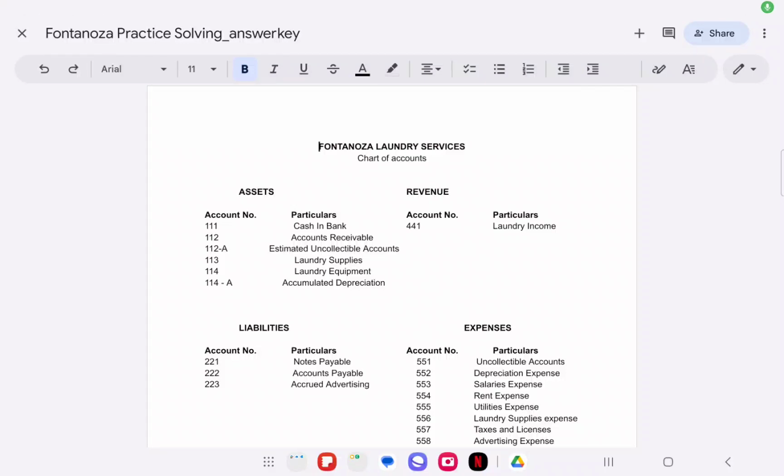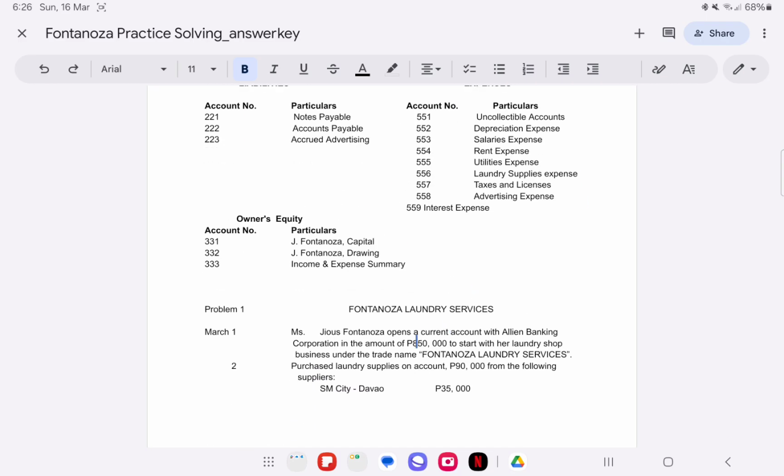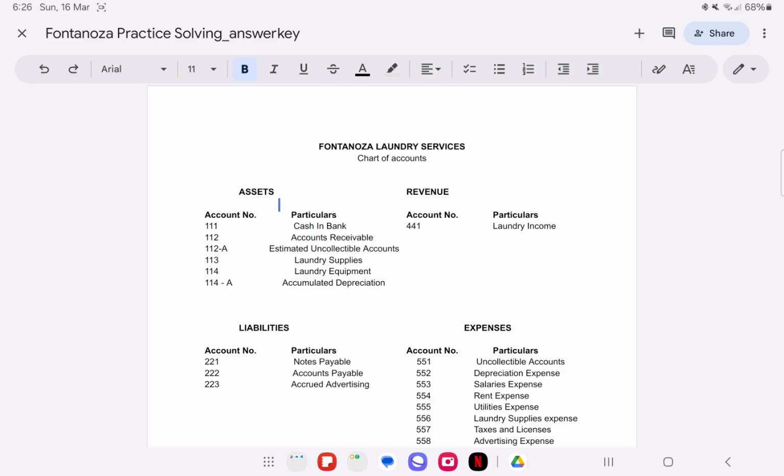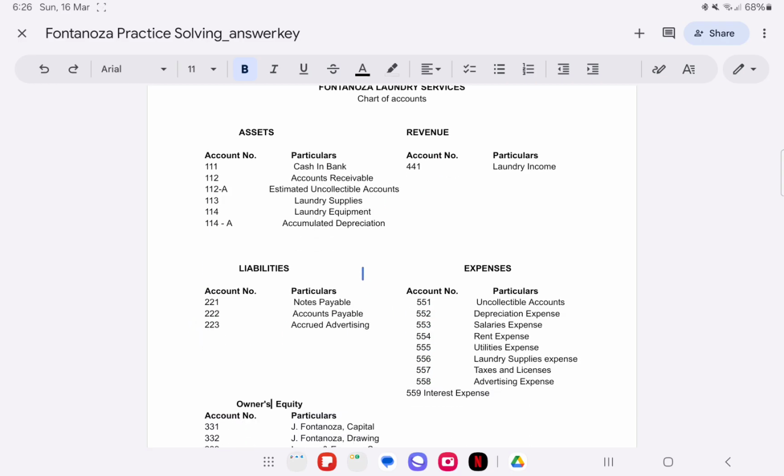This is the problem of Fontanoza Laundry Services. Here is the following chart of accounts, so we have assets, revenue, liabilities, expenses, and owner's equity. We have the particulars and the account numbers, and we will be using these account numbers